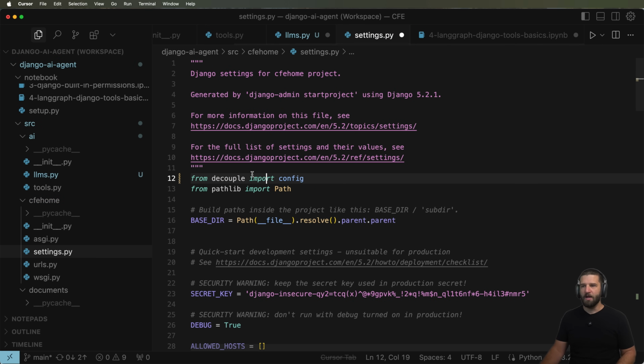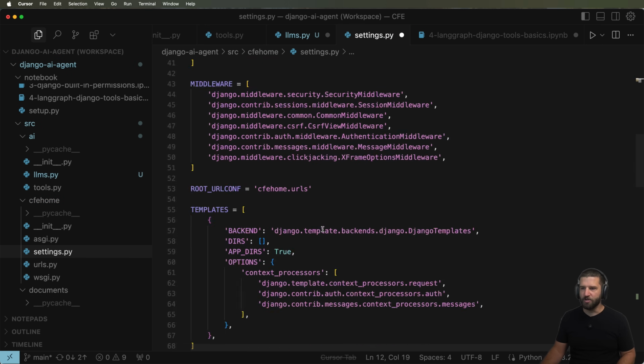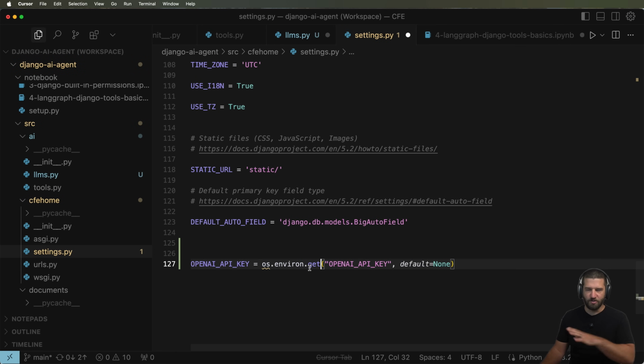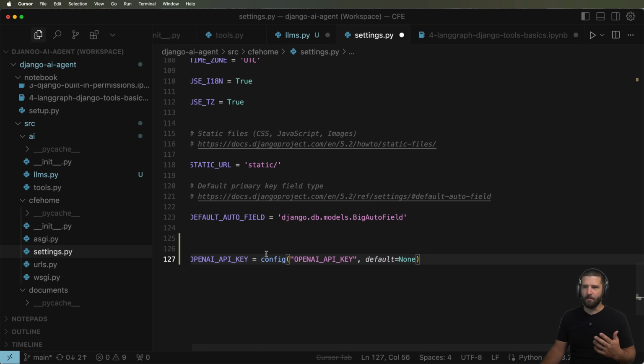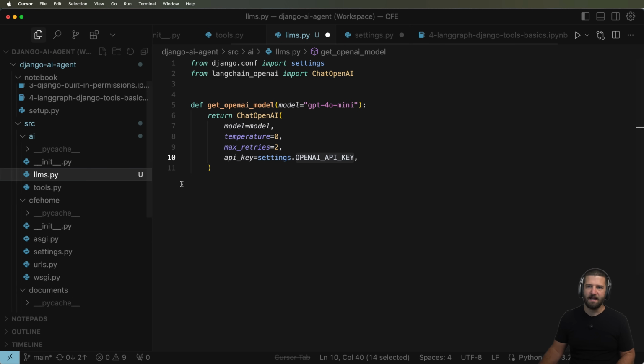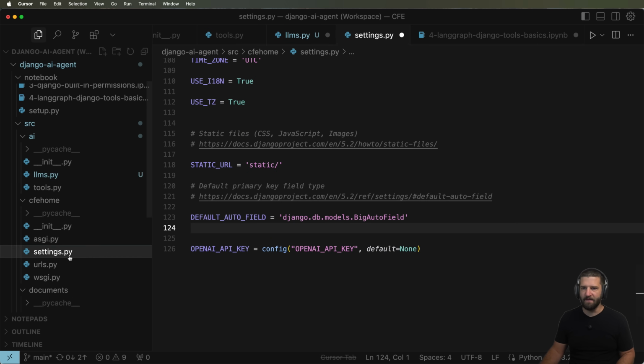Now I haven't put in Python decouple just yet, but I'll go ahead and do from decouple import config. Now you don't have to use Python decouple. You could change this to os.environ.get as well. You could do that exact same thing if you like, or any other sort of environment variable loader. The configuration from Django's perspective needs to be in settings.py, not in any individual element in there,